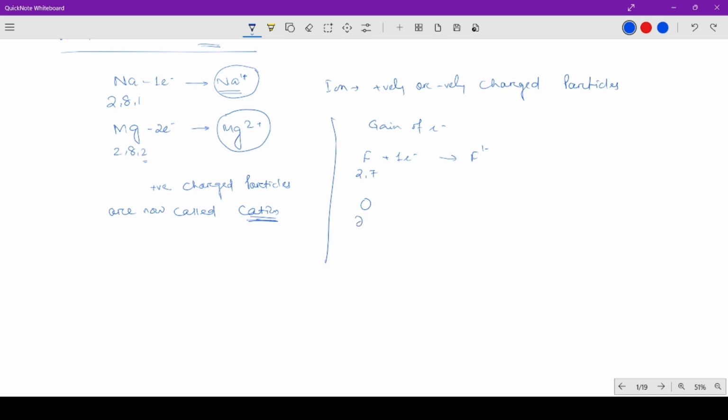Let's say for oxygen it is 2, 6 plus 2 electrons, it will be O 2 minus. When there is a negative charge, these are called anions. So this is cation and this is anion. And what are ions? Ions are positively or negatively charged particles. And how do they form? They are formed